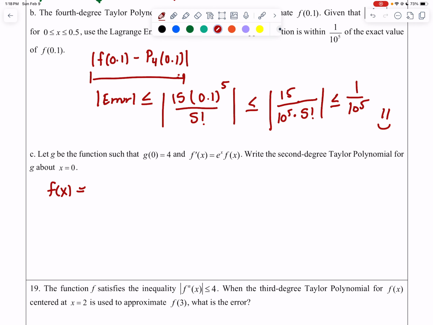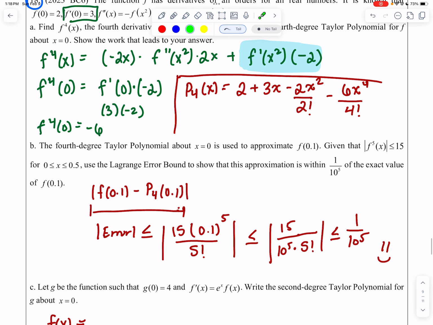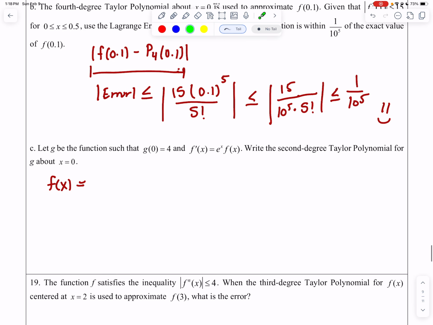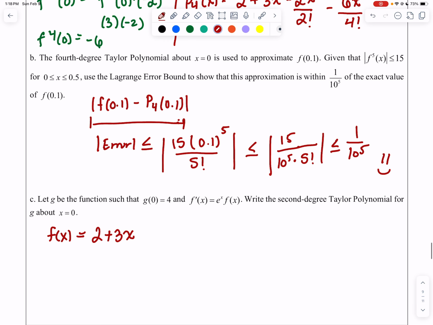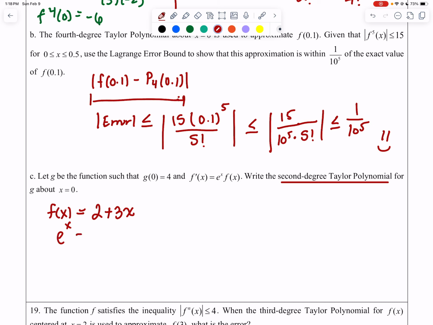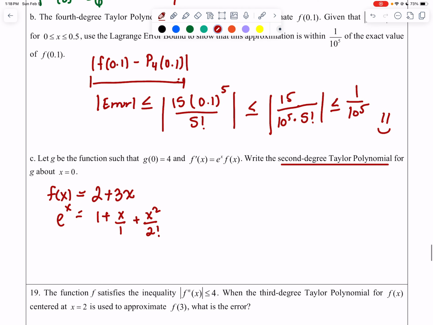So for f of x, we know that's just going to be 2 plus 3x. I'm not going to do the other terms just because it's going to be too big, because I only want the second degree Taylor polynomial there. And then we know that e to the x, if I were to build that, that's just going to be 1 plus x plus x squared over 2 factorial. So if I were to go ahead and build this or multiply this out,